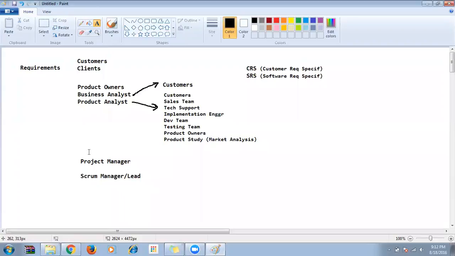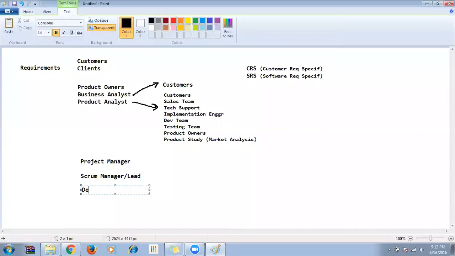They collect the requirements from the business analyst or product analyst. Then they give the information to the team: this is what we have taken for this 1 week or 15 days of iteration, and within that period we have to develop these things. That is given by the Scrum Manager or Scrum Lead.